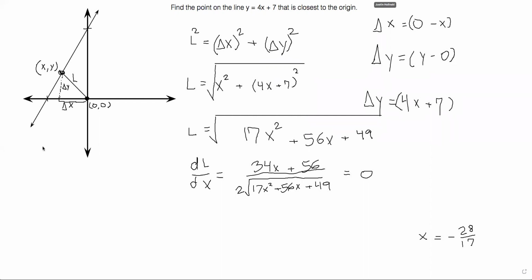We have our x. We need a y as well. We only have half of our solution. They're asking us for a point. We don't know the y coordinate, but that's pretty easy to find. Remember that we're trying to find a point on the line y equals 4x plus 7. So to find the y coordinate, all we need to do is plug x into this equation, and it will spit out a y value that will work for us. So y is equal to 4x plus 7. We insert our x value and get 4 times negative 28 over 17,